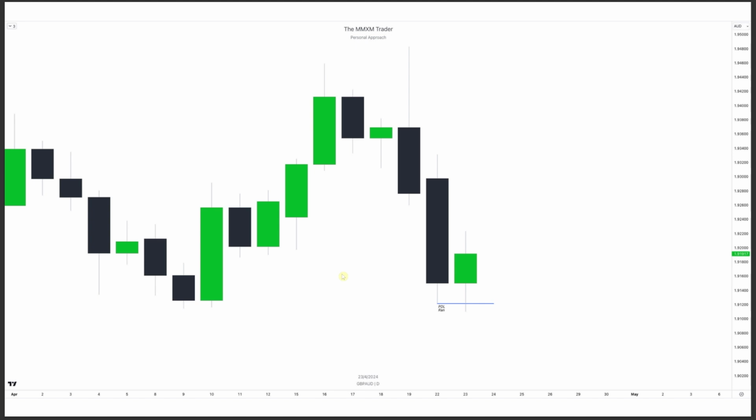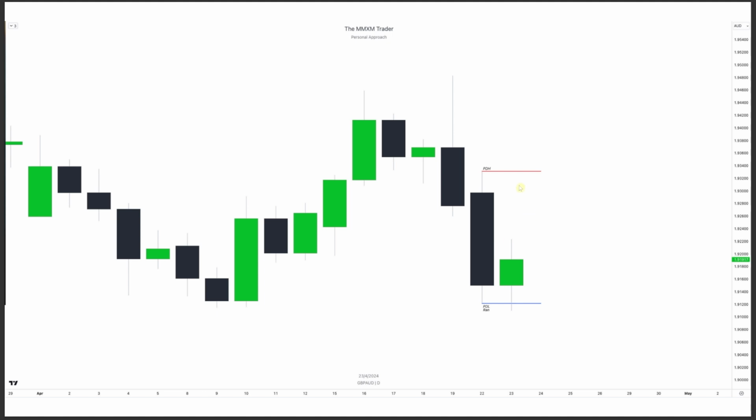So first rule of the Twitter model, the X model, right? We want to see external range liquidity purged first, which is the previous daily low or a previous daily high. So in this occasion, we're looking at that previous daily low over here. Now, what are we going to be looking for? Our range, which would be 50% of the range, right? That's what we want to target. We're going to be using previous daily high as that range. So previous daily low, and then we're using this entire candle as our dealing range